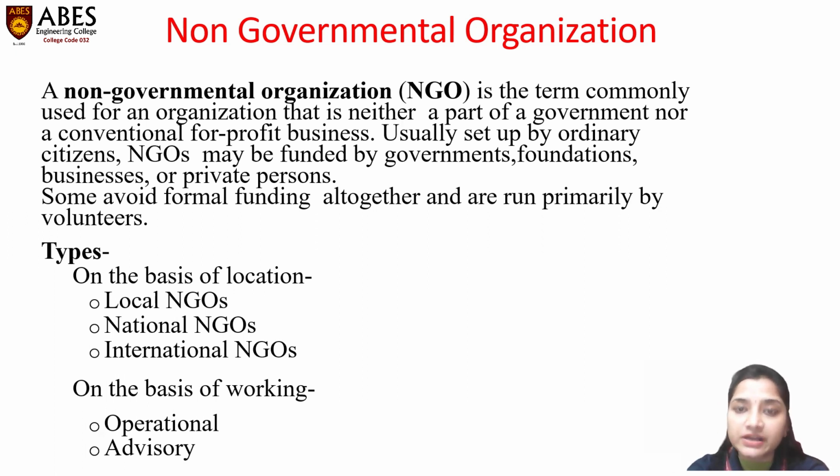If we talk about advisory NGOs, these are a team or an NGO where the people are unaware of the privileges they have been provided by the nation or the country or the state. So they, as a team, work as an advisory committee to all the people who are deprived of certain things in their life. And that is how it is termed, or its working profile, as an advisory NGO.